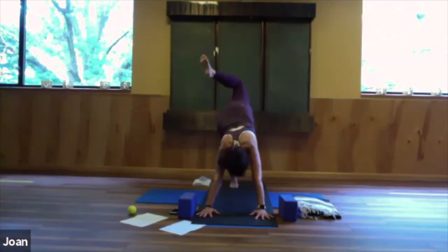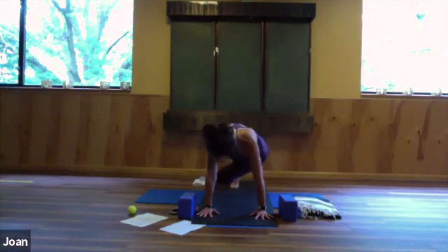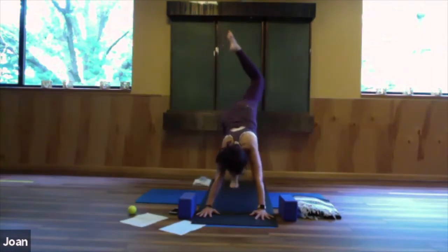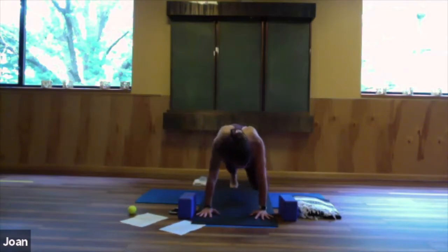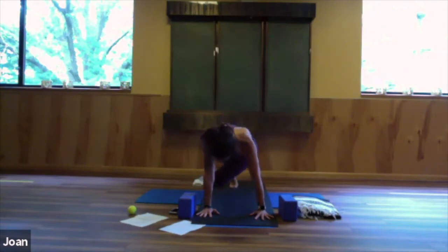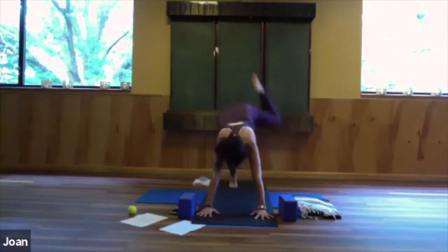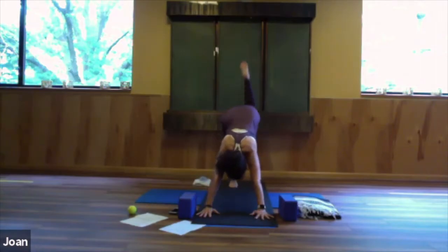So as you come forward, sweep the right leg out and cross over the body into the left elbow. Bring the knee to the right elbow and then sweep it back up. Figure 8 here. 3 more. Left elbow, right elbow, sweep it back up. Keep breathing. Isn't this fun? Good. When you finish your last one, keep the leg lifted, reach it straight back behind you,